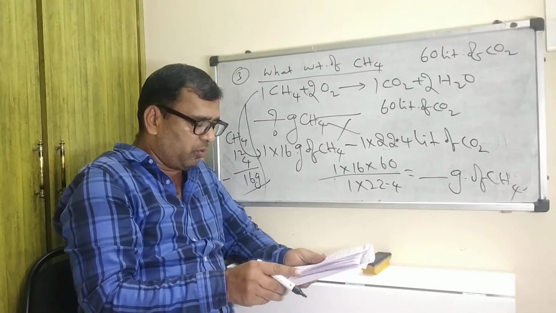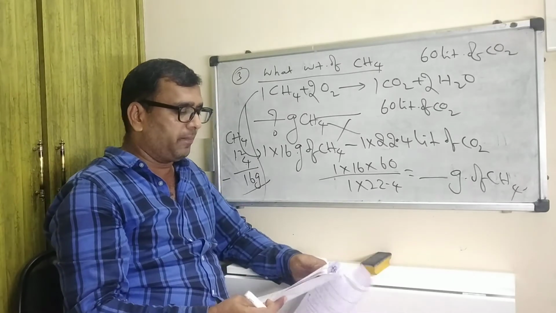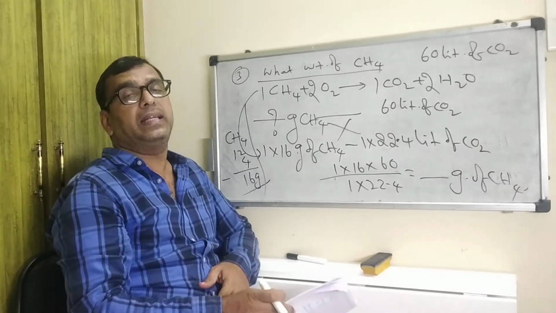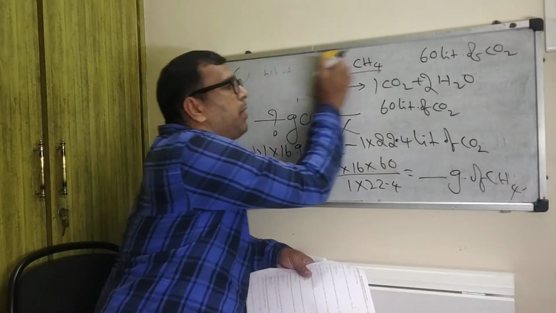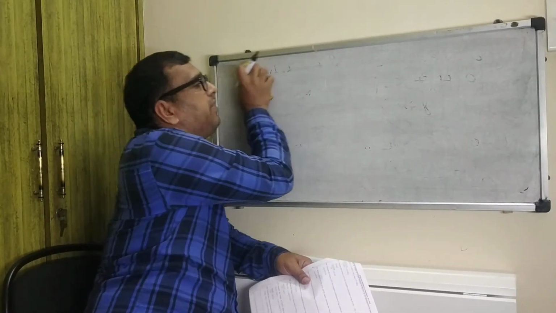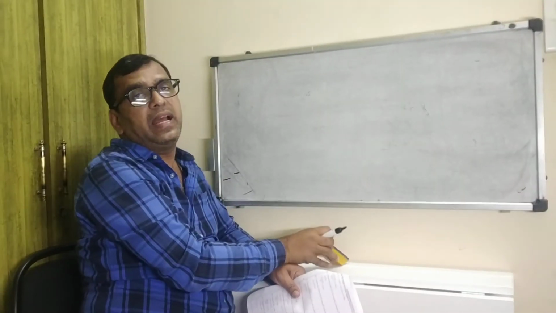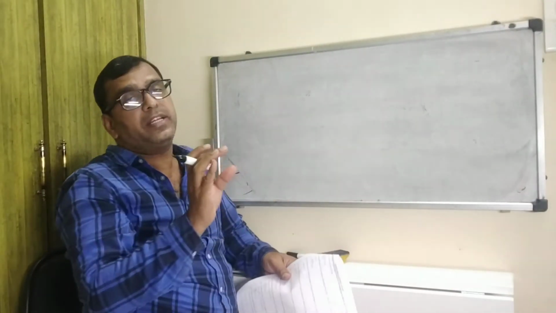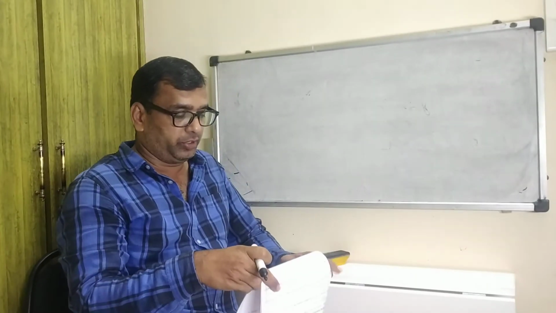So I will give you one question. Homework. So you have to do the relation between mass and volume. How you are going to calculate. Next problem. Concentrate on the chemical equation. Next you have to balance that reaction and write the given information properly. Otherwise, it is very difficult to get that question's answer.